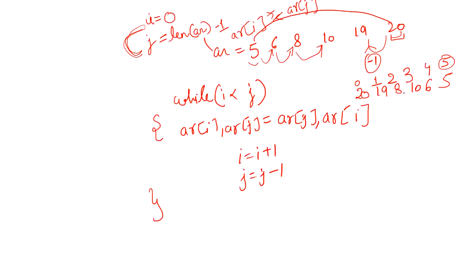So up to this time you can see that i is less than j, right? So the condition is satisfied and the swapping will be done. Now what will happen next? Next, i is going to be 3, right? i is going to be 3 and j is going to be 2. So at this instance the condition will not be satisfied, the condition will be dissatisfied and then we will come out of the loop.